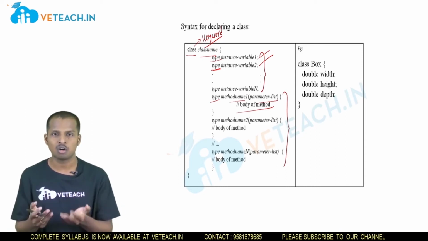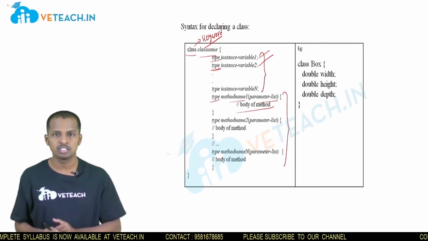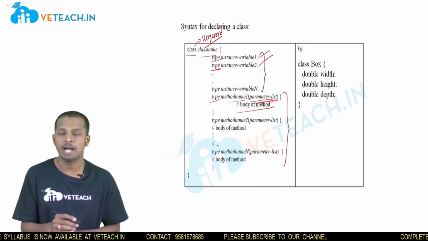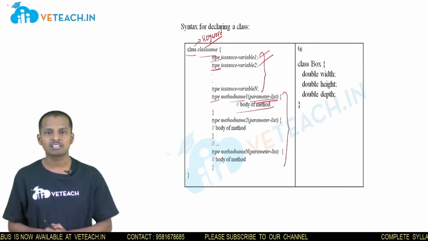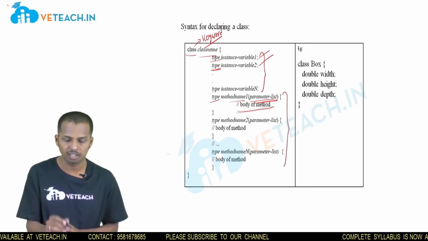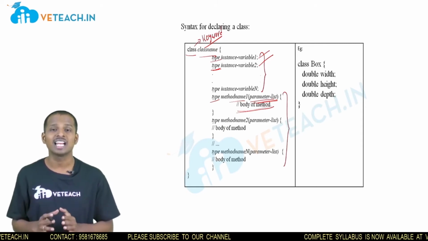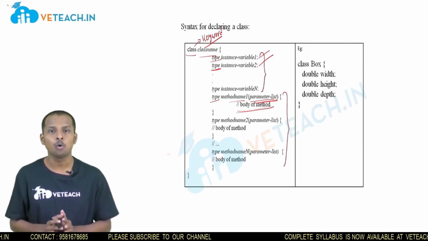If the two numbers were not supplied, I cannot perform that work. Supplying those two numbers to the method is done in this parameters list. The parameters are the variable values that are required to perform a work in the body of the method. Body of the method is a collection of instructions to perform a work.